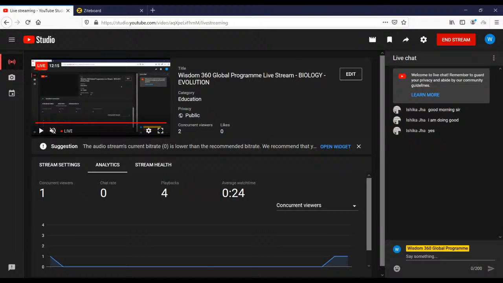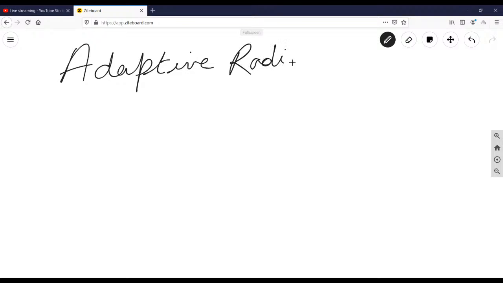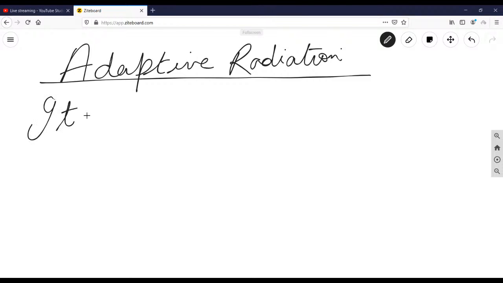So before that, I would like to tell you something about a specific topic known as adaptive radiation. Adaptive radiation, which is pretty significant once you talk about Darwinism in detail. So adaptive radiation, by definition, is the process of evolution of different species